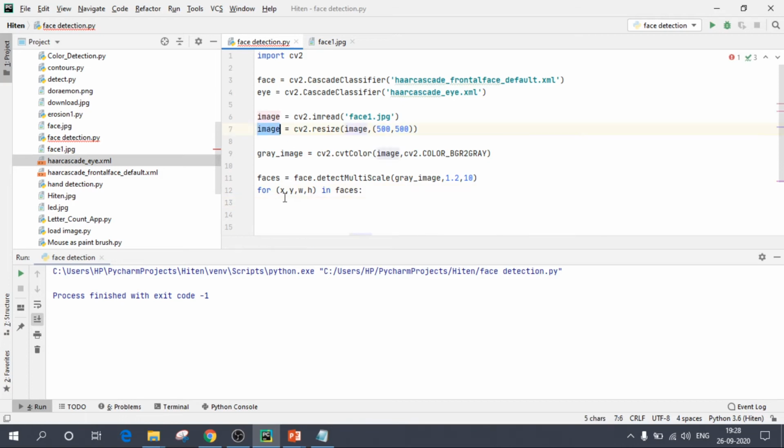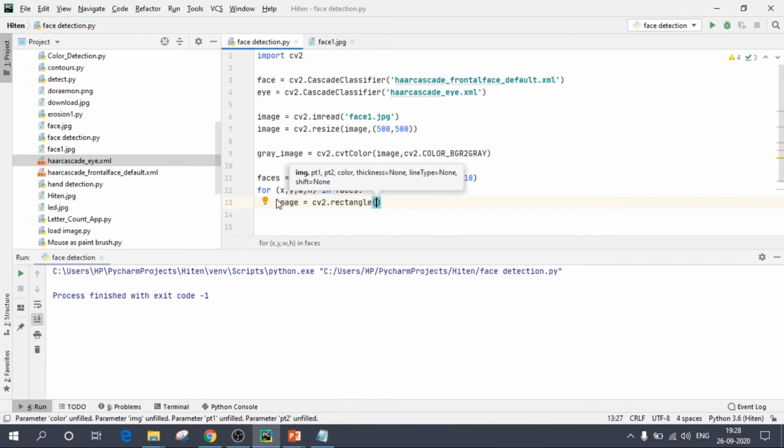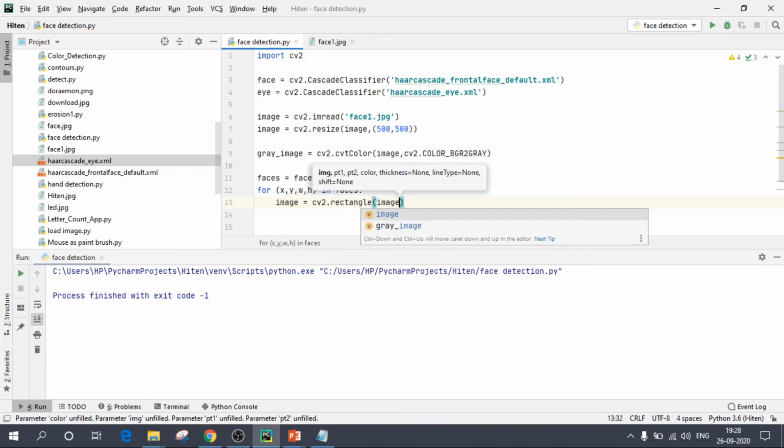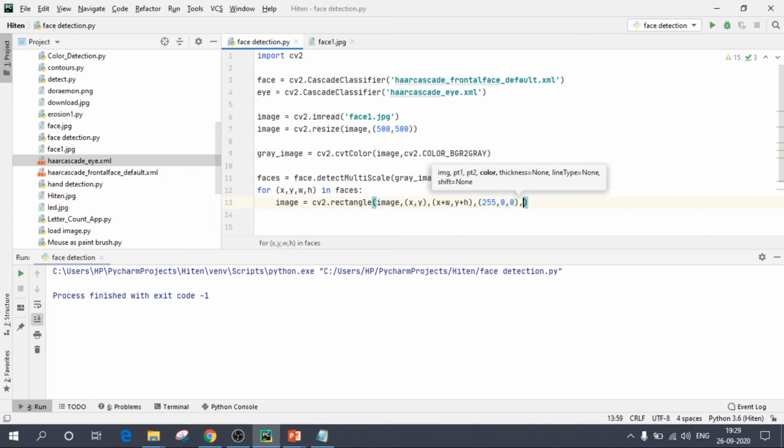On our resized image. So we'll call that variable image equals to cv2.rectangle. Now we'll pass the image again, comma, point number one, that is x comma y. Point two would be x plus w comma y plus height. The color, let's say I will be taking blue, so 255, 0, 0, and the thickness I'm keeping as 5.